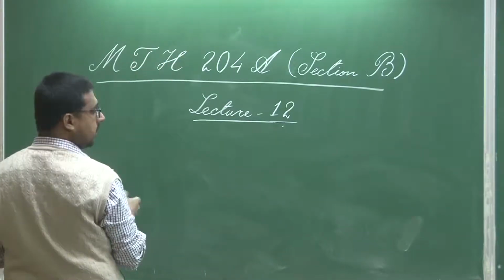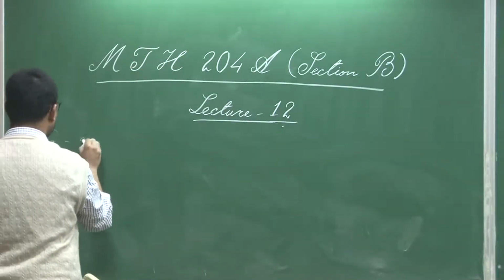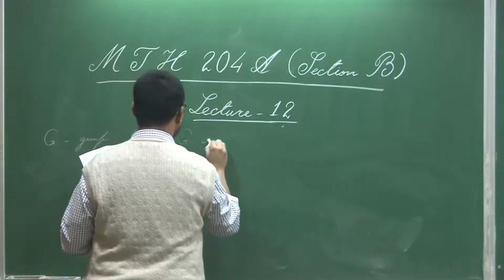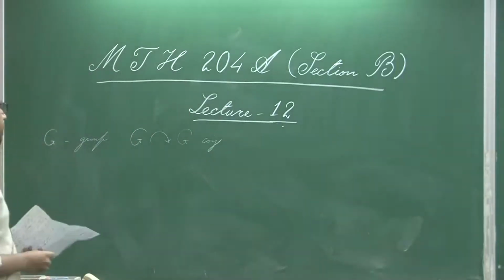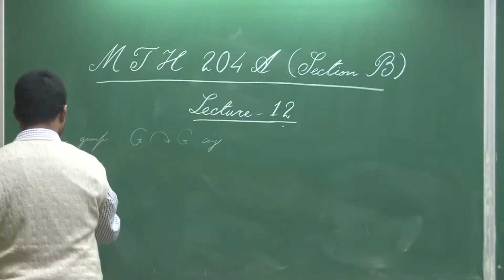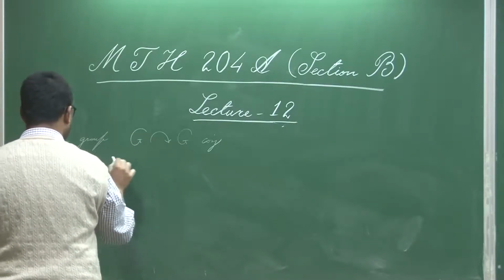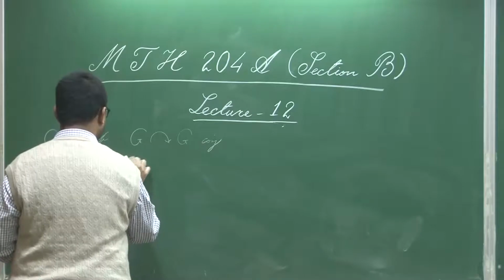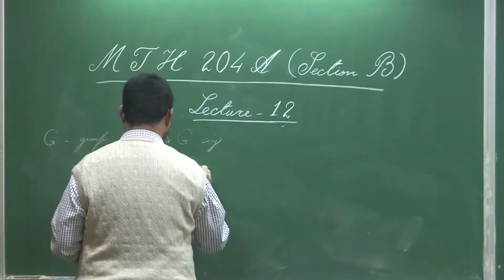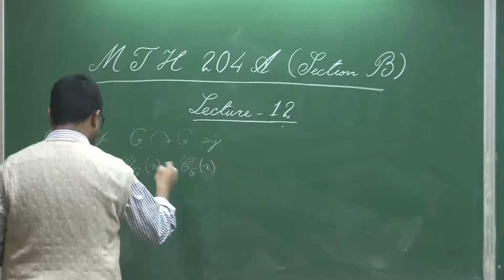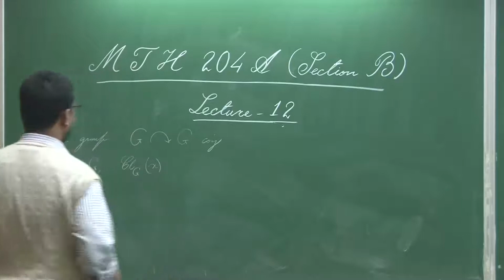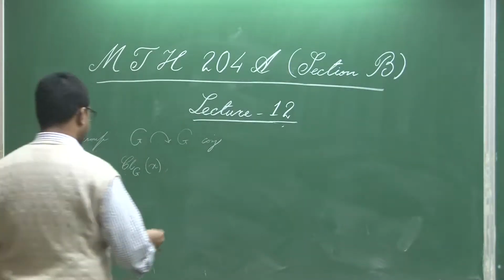So, let G be a group. G acts on itself by conjugation. We have already talked about that. For each x in G, its orbit under this action is called a conjugacy class. We sometimes write it by this, or some authors simply write it by this. Maybe we should not use this notation. So, this is the conjugacy class of x, and